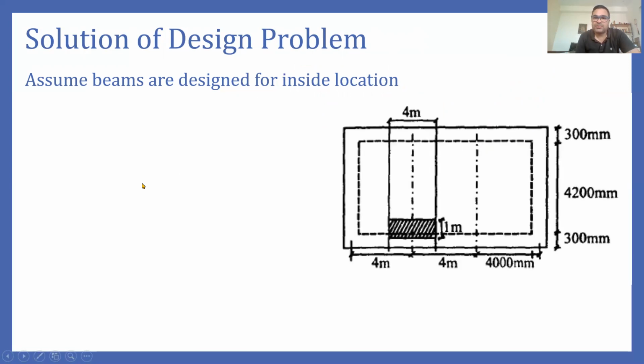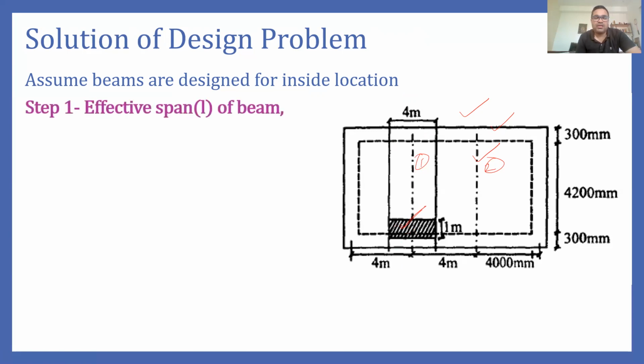So this is our first two steps, in which we have to first make the plan of the building of the room, and then we have to mark the beams. So here this is beam 2, this is beam 1. Both beam 1 and 2 are identical, so therefore we will be designing only one beam. And the load dispersion, this is the shaded area which is supported by 1 meter length of the beam, which I have just explained in the previous slide.